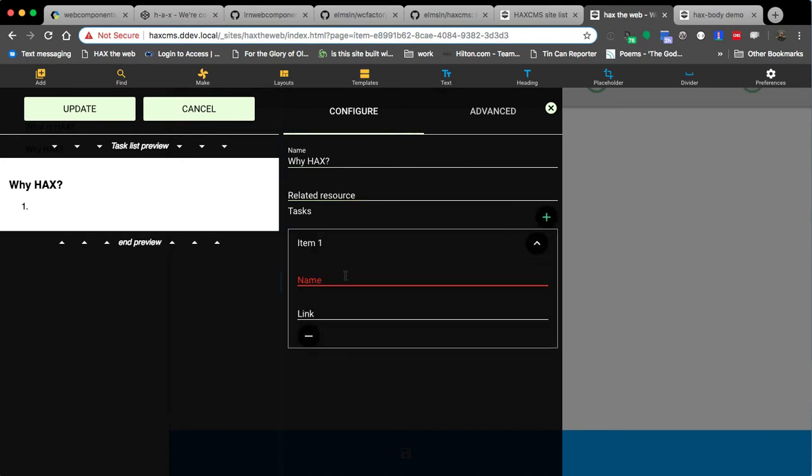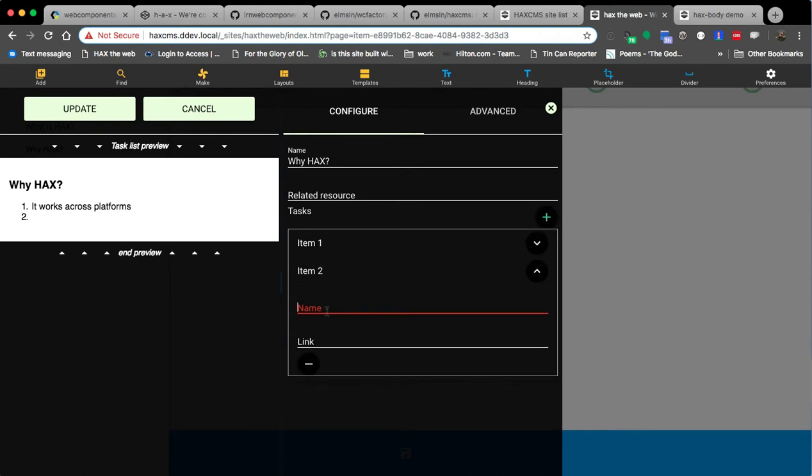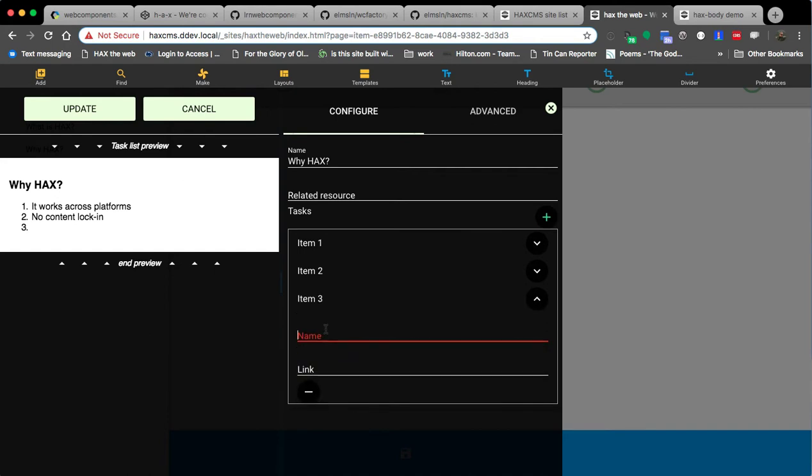And why HAX works across platforms. No content lock-in, right? So your content isn't locked into your platform. And right here, this is illustrating array binding in web components as far as binding to a format called JSON schema. This is one of the most ridiculous tags in the entire set of tags. It's almost as complex as HAX in order to just manage forms and things. But so, reasons why HAX,